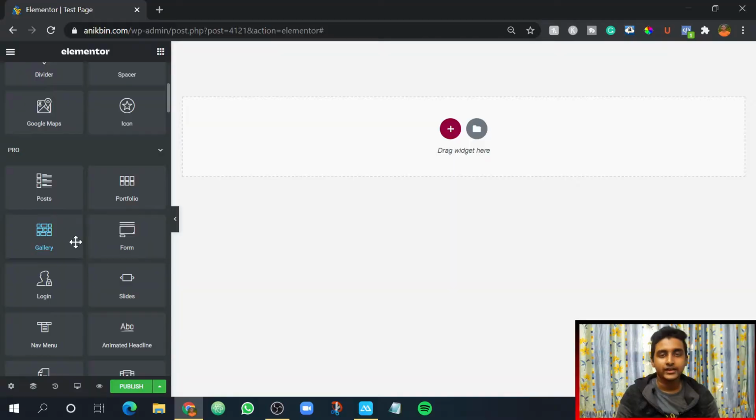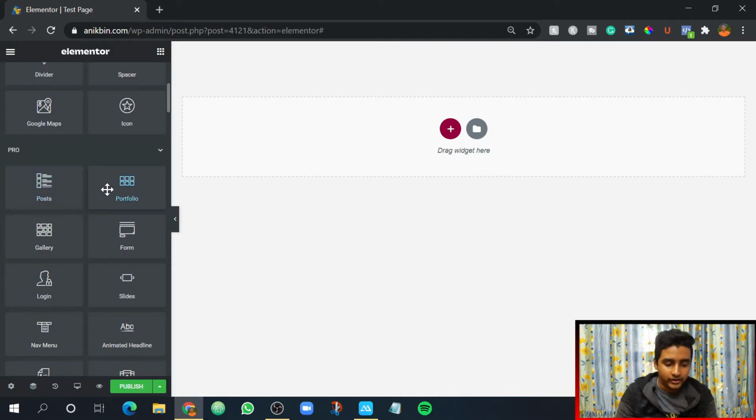Okay, so now we are on a computer screen, and you just create a test page. I have also created a test page, and this is the element I was talking about. This is portfolio. I have made the previous video on the post element, whose video link you can find in the video description, or I have linked the playlist. I've created a new playlist, Elementor Pro, and I also have another playlist which is Elementor. It has all the tutorials on the Elementor free version, and this is the Elementor Pro tutorial.